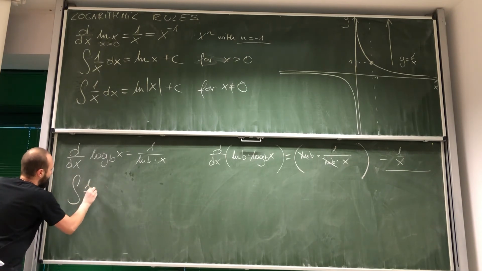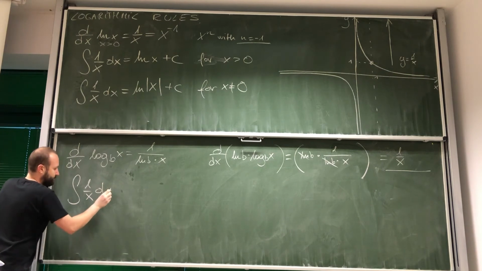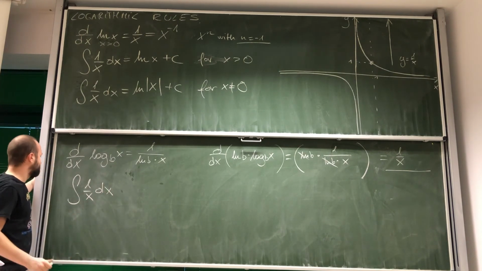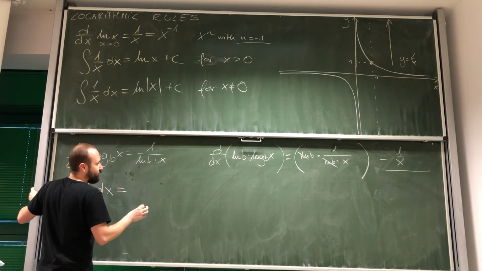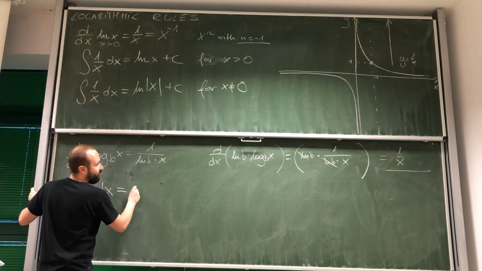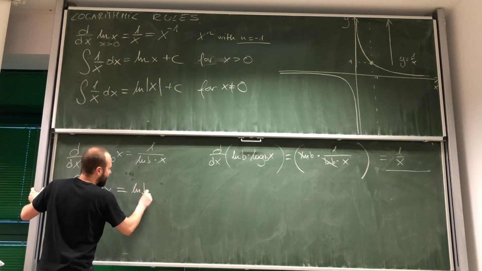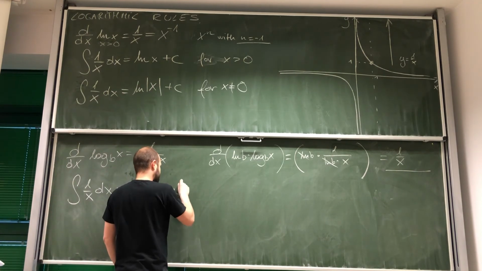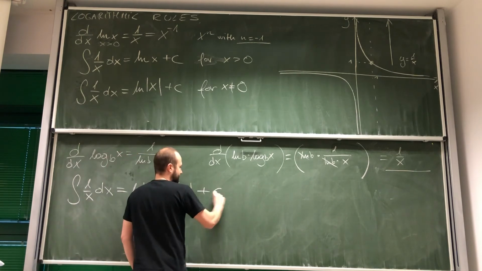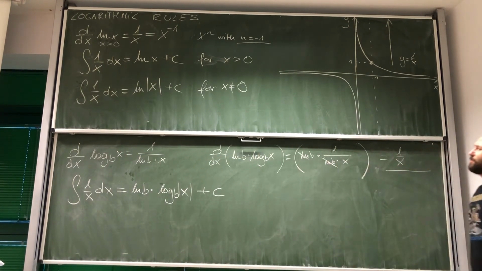So if I have the integral of 1 over x dx, this is equal to ln b times the logarithm base b of the absolute value of x plus c. But as you might notice right away, this rule is not very useful, right? Plus, we didn't have to go through all these